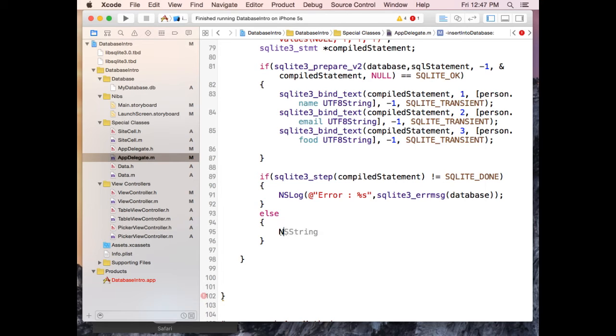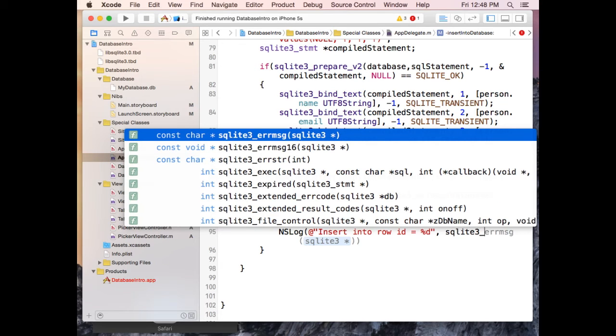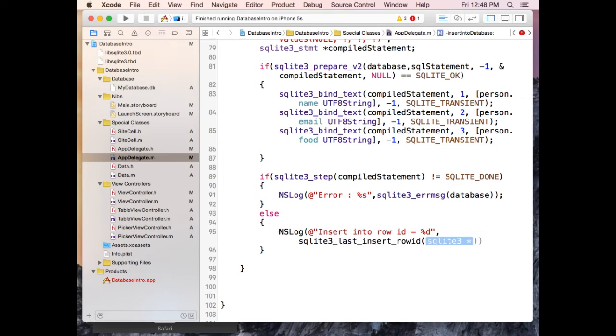So we'll do another nslog, and we'll say insert into row ID equals, and then do like a %d, but this will trigger a warning, and we'll fix that. So the argument for %d will be SQLite3 underscore last insert rowid, passing in database. So this will return back the row ID for the last insert that was done,